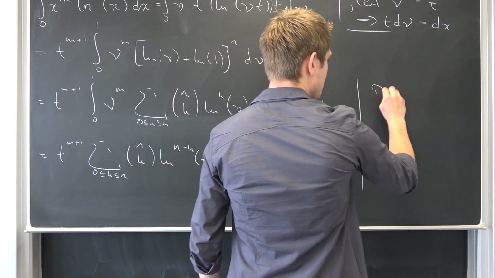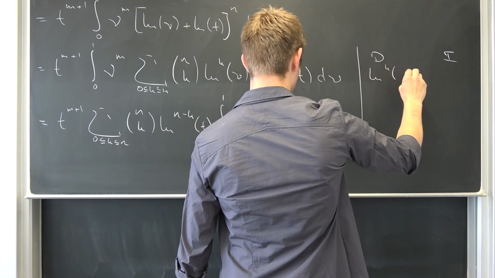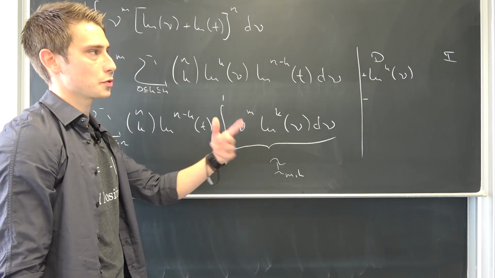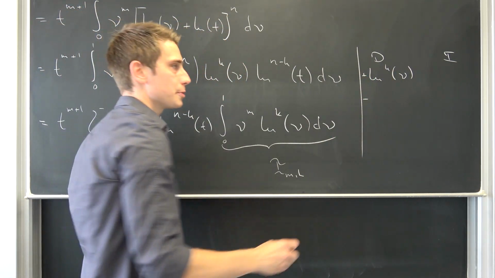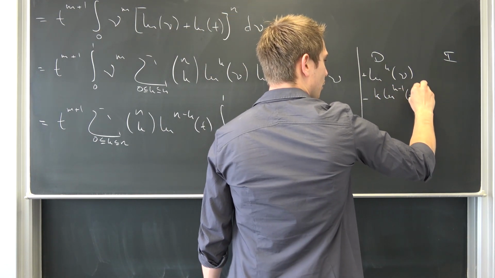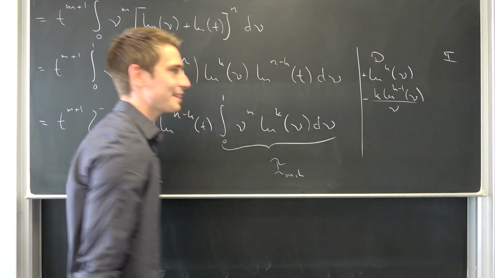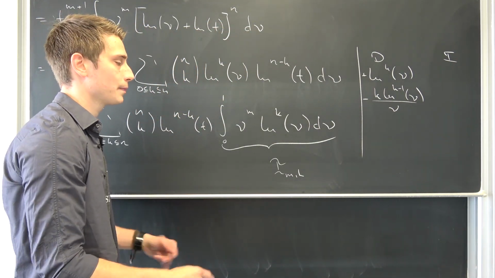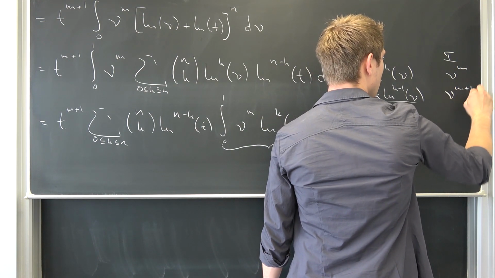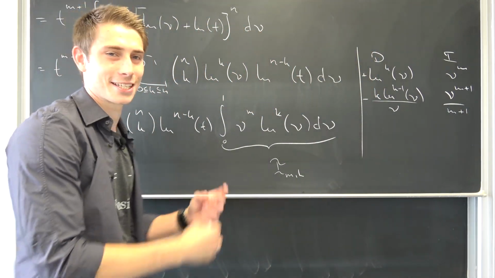We are going to have our differentiation and our integration. Differentiating the natural log to the kth power of ν is going to give us, okay, at first, we are going to use the power rule. We have to drag the k to the front and reduce the power by 1. k times the natural log to the k minus 1th power of ν, and then times the inner derivative, which is nothing other than 1 over ν in this case. Also, integrating our ν to the mth power is going to result in ν to the m plus 1th power over m plus 1. Maybe you can already see where this is going.